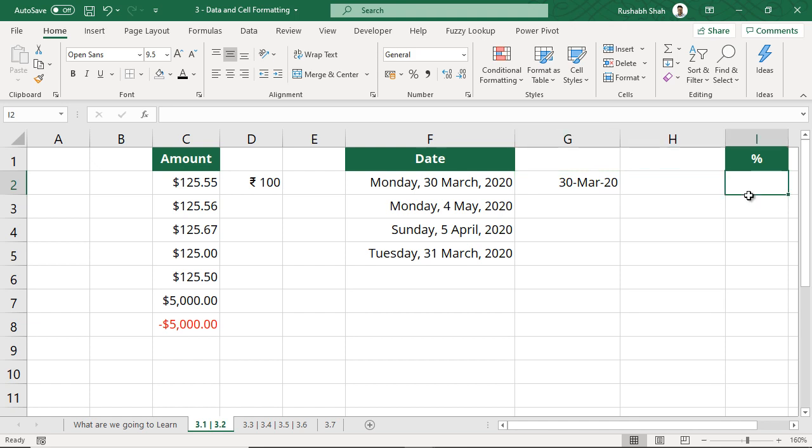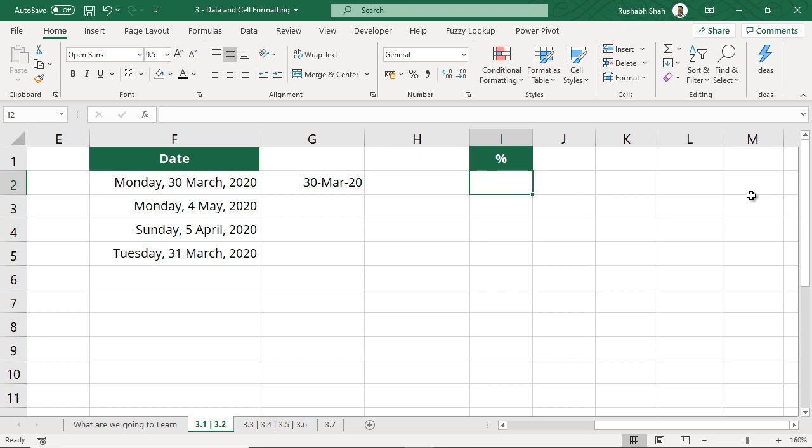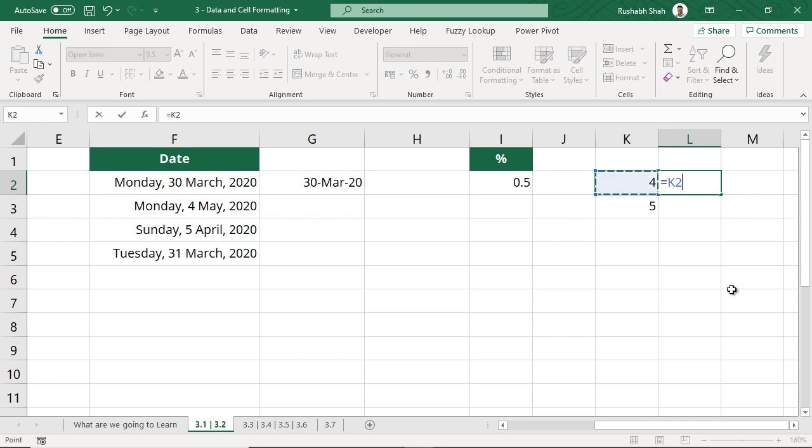Perfect. Now we're going to go into percentage, right? So if I say that I have a number 0.5, to express a number as a percentage, always you have to multiply it by 100, right? So you must be knowing this in maths that whenever we try to take a percentage out, whatever number we divide by whatever number, then you always multiply by 100, right? Now here, if I try to multiply by 100, so let's say I have a number 4/5 and I want to know 4 is how much percentage of 5. So if I divide this by 5 and if I multiply it by 100, what I'm going to get is